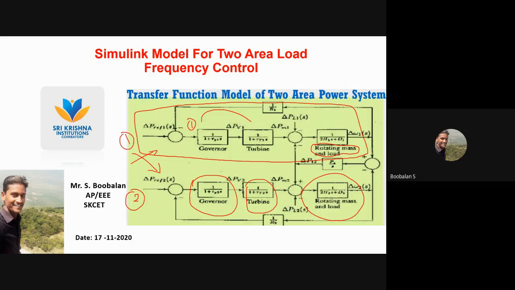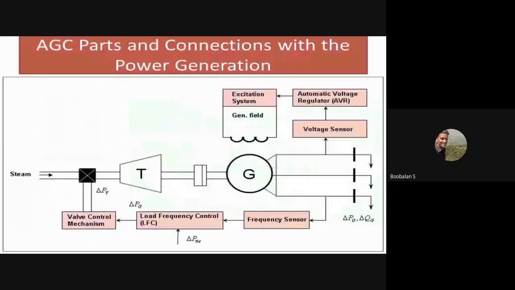And we have a tie line connecting the power, right? The load is shared between these two areas. The generators of both areas supply power to this load. If there is any change in load, both systems are going to support it, right? We're going to see that later. Yesterday we saw a one area power system, and now we are going to go with a two area power system.